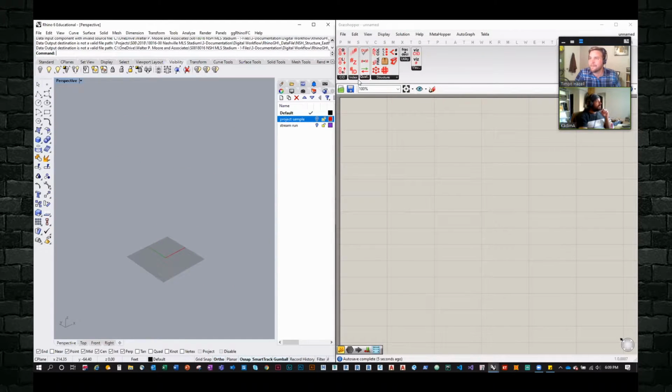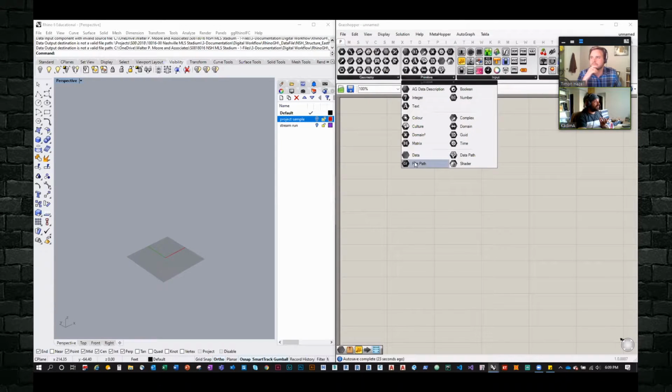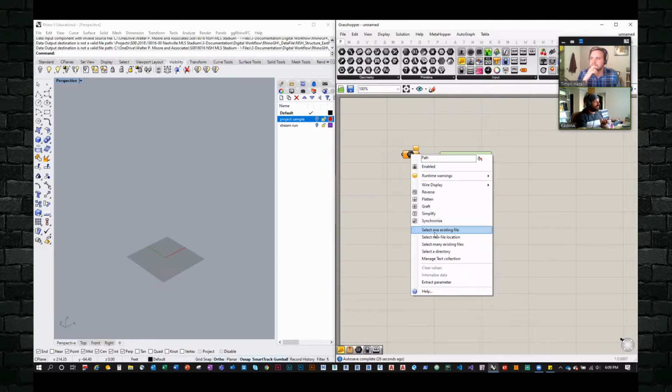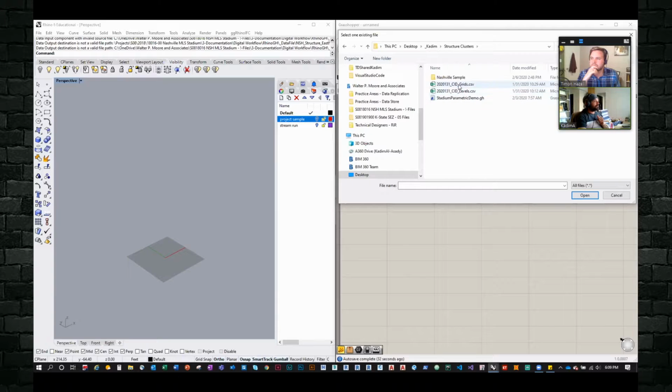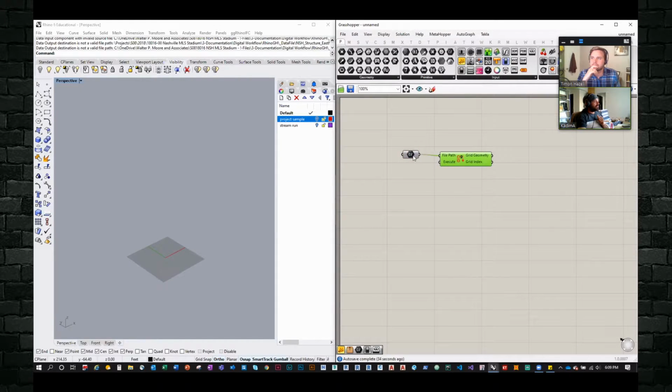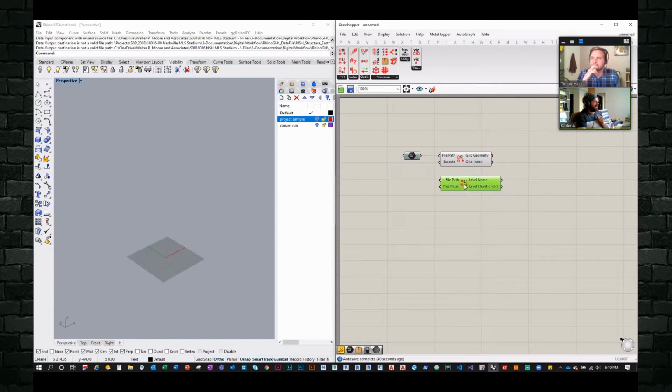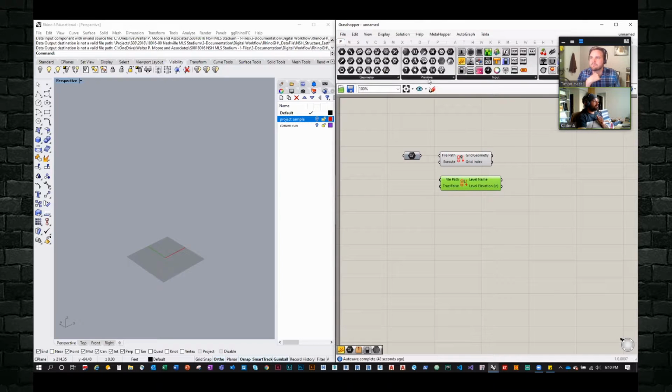So to today's script. This is the KC tab that I developed. I'm at the Kansas City office, and these are all the clusters that I've developed over the last year and a half or so. So the first thing I want to read is the grid. So where is this grid file coming from? Well, that's an Excel file that I generated from Revit. So I can just select my Excel file here and plug it into here. And then now I also want a levels file, and I also extracted levels from Revit.